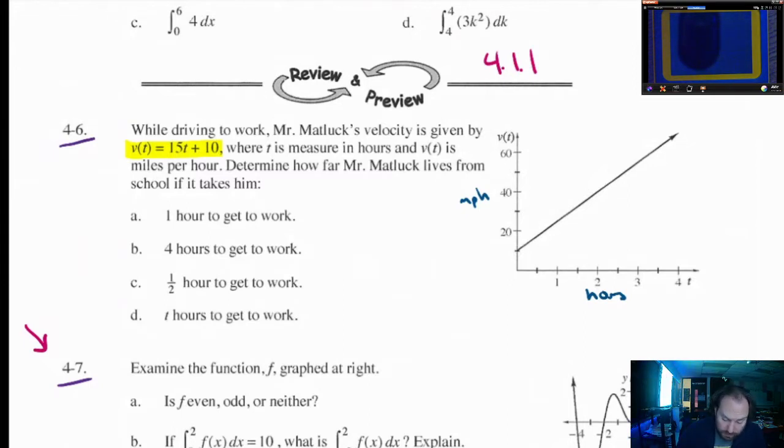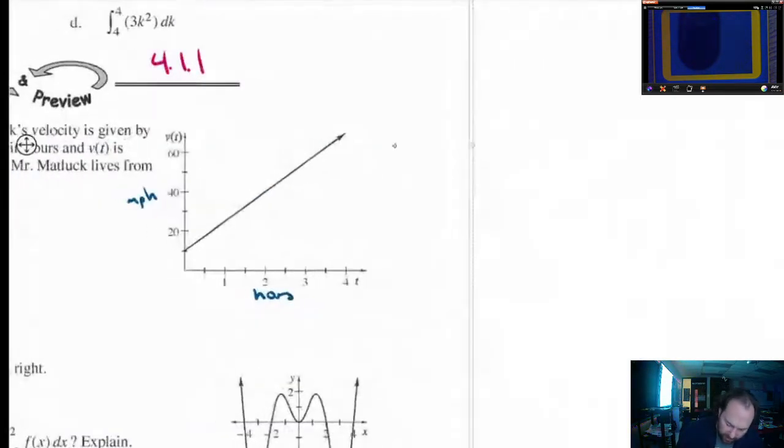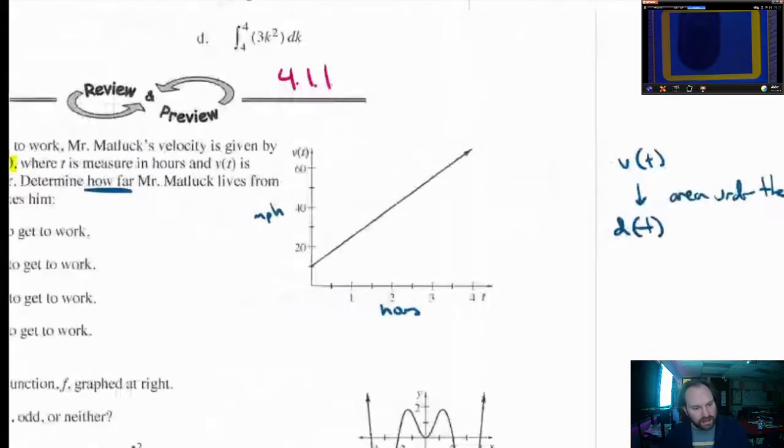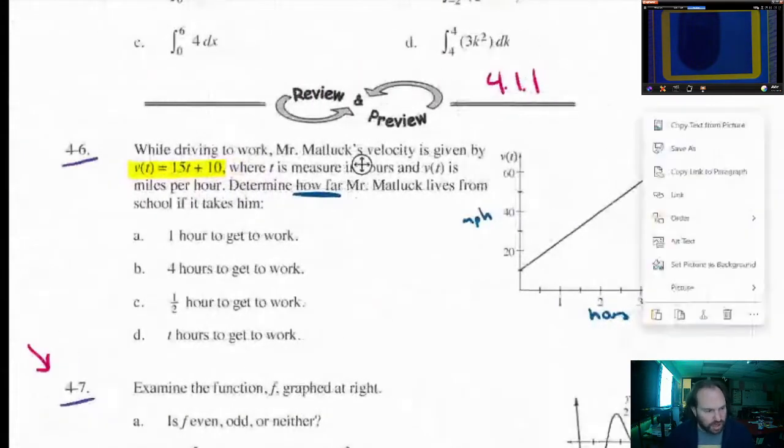Okay, cool. So, how far is a distance thing? In order to go from velocity to distance, we are looking at the area under the curve. And what's nice about this is that our curve is not a curve at all. It's a nice straight line, which means we're going to be able to use some basic geometry to answer these